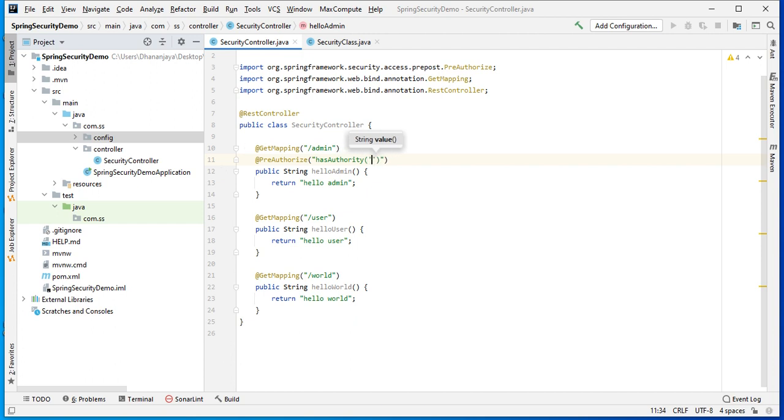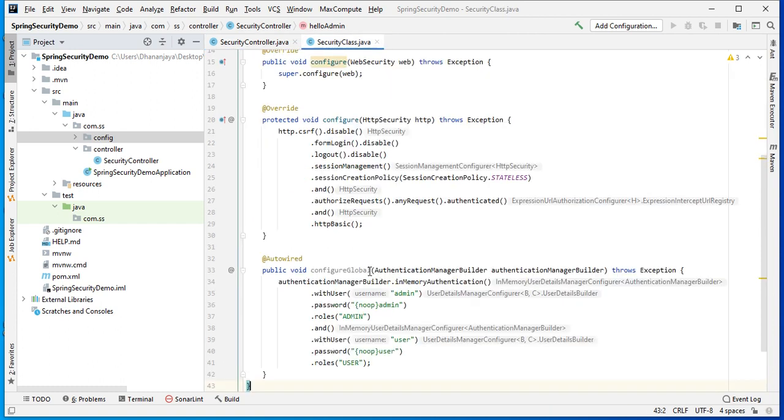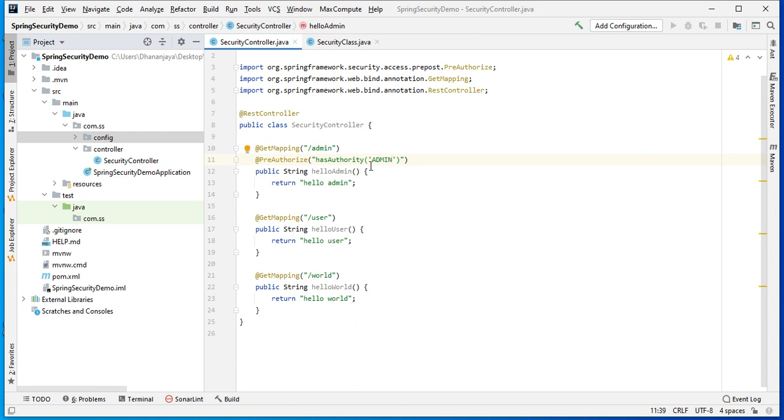Let me pass the authority as admin, right? But whenever we are doing any configuration here, let's say admin or something, Spring will add a ROLE_ prefix, ROLE_ADMIN. So it will add the prefix as ROLE_. So let me add that.